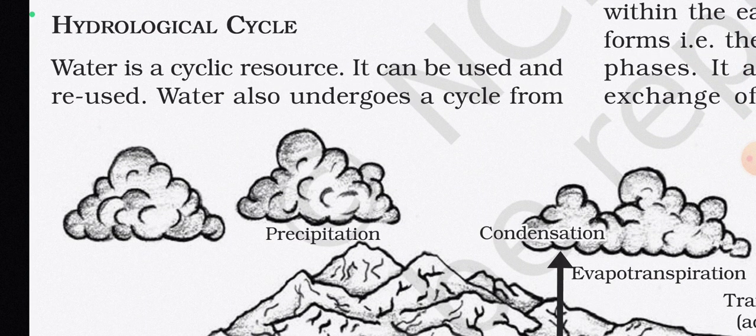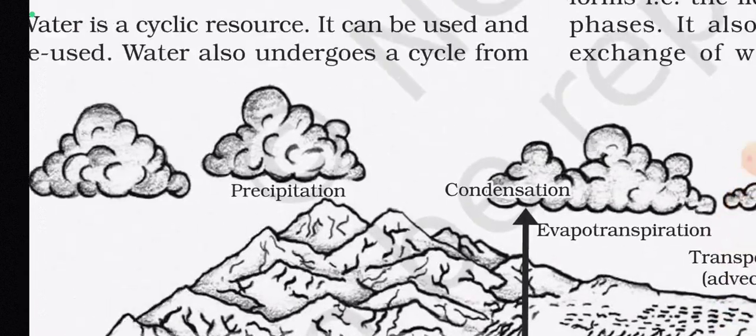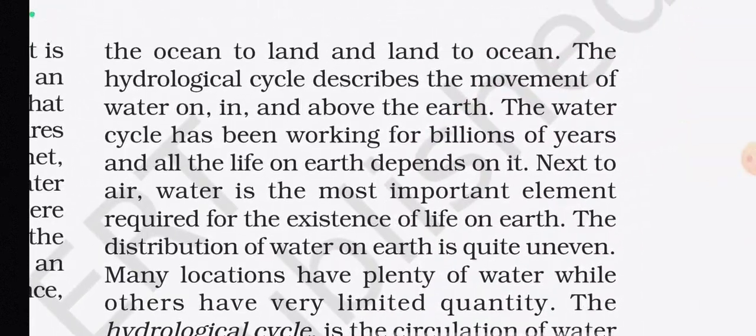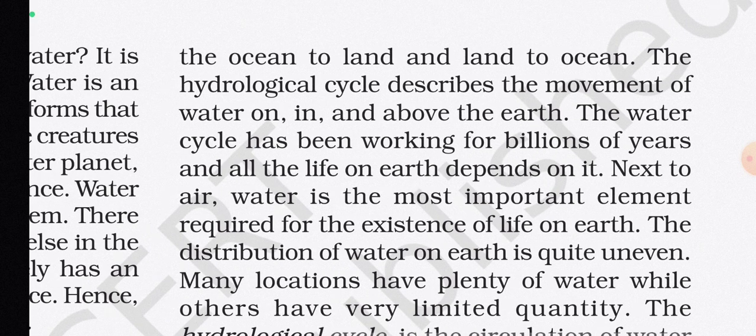Now, hydrological cycle. Water is a cyclic resource. It can be used and reused. Water also undergoes a cycle from the ocean to land and land to ocean. The hydrological cycle describes the movement of water on, in, and above the earth. The water cycle has been working for billions